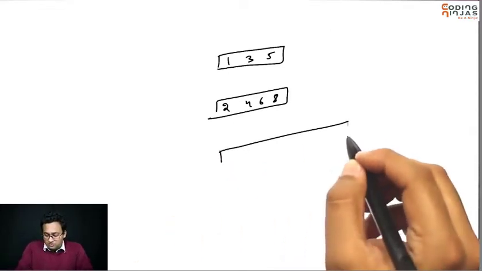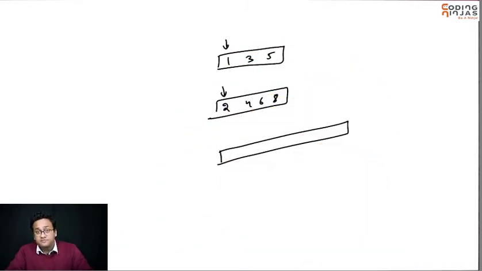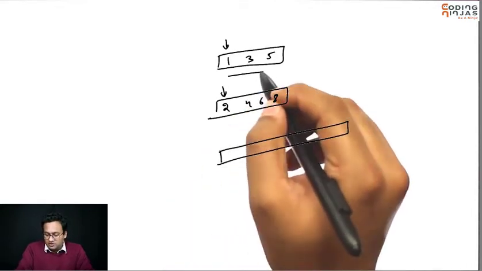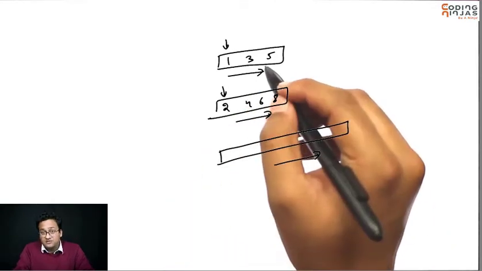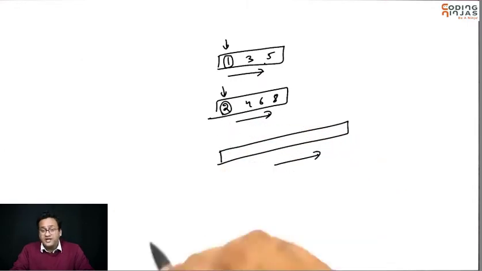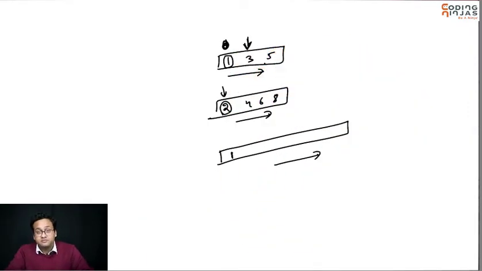So the way we can do this is, let's go to the first element of both, 1 and 2. 1 is smaller than 2. See, this is sorted, this is sorted. So the smallest element of this list has to be here. The smallest element of this list has to be here. So to find the smallest overall, you can just compare these two. So let's compare these two. The smaller one comes here and move this variable to the next number.